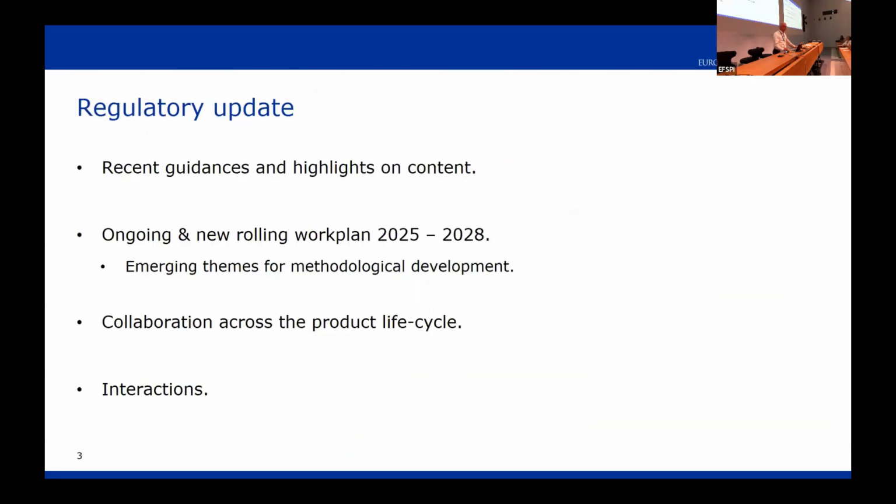What I will do in terms of update, I will summarize recent guidance and make some remarks on, let's say, content-related highlights or content-related significant choices we made. I will share what's ongoing and what's on the new rolling work plan. So that's a work plan looking ahead 2025 to 2028. It's called rolling because the idea is that every year we will reassess whether we are on the right track. And priorities might change, new topics might arise, but topics can't be just piled up. So if there are lots of new topics, others need to disappear, essentially. And the bridging is in the last two parts.